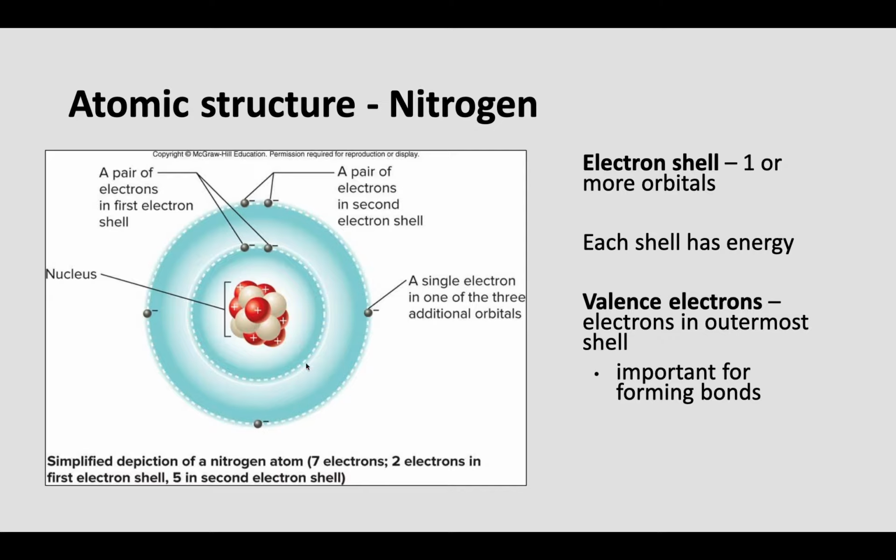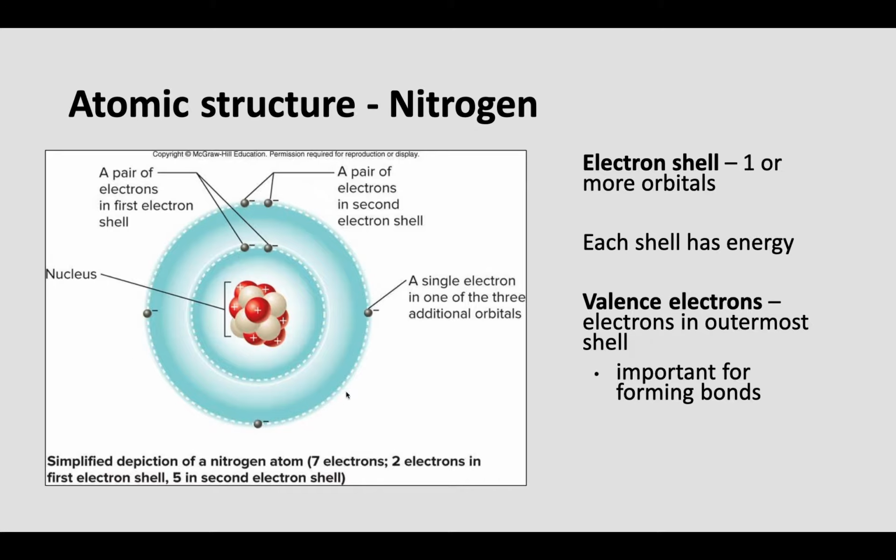The first electron shell is always going to be able to contain 2 electrons, so 1 electron pair. That's the max that it can hold. As we go out from there, the next electron shell can hold up to 8. This is where we're mostly going to focus our efforts in this lecture, on those 2 electron shells. Know that it can get very complicated, very big, very fast, but we're just going to focus on the simple atoms here. As I mentioned, these outer ones can hold up to 8.